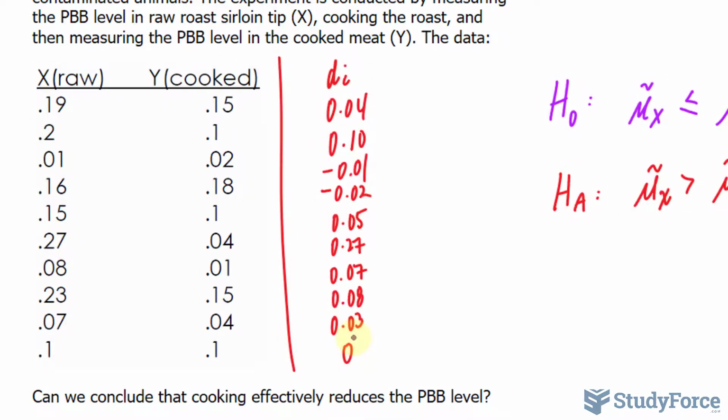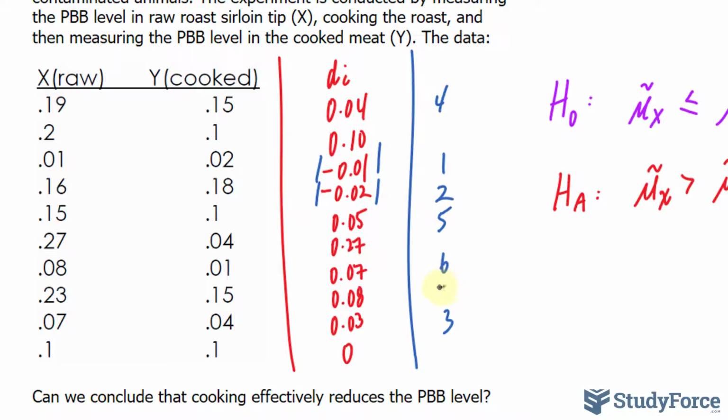Next, we have to rank these from smallest to largest. And when you rank, make sure that you take the absolute of the number. In other words, this negative 0.01 is actually 0.01, and the same applies here. It's 0.02. We won't be ranking 0. So this is the smallest number. I'll give it a rank of 1. Then comes 0.02. That gets a rank of 2. Here we have 3, 4, 5, 6, 7,